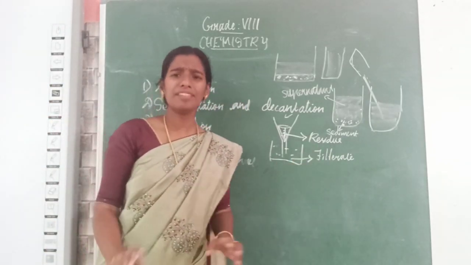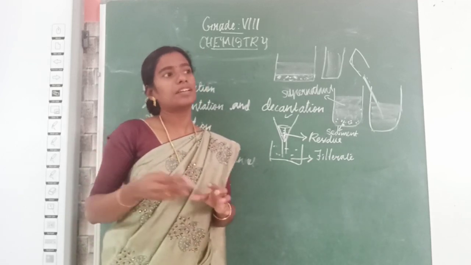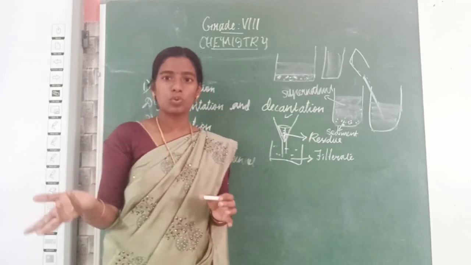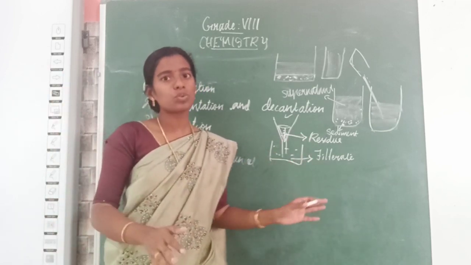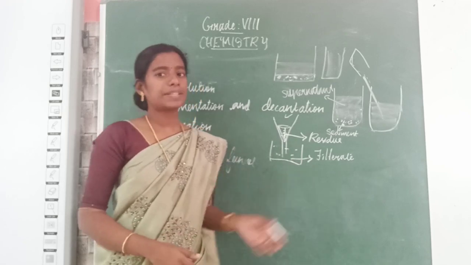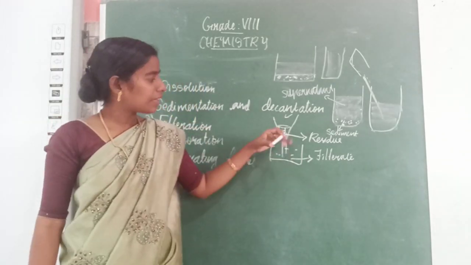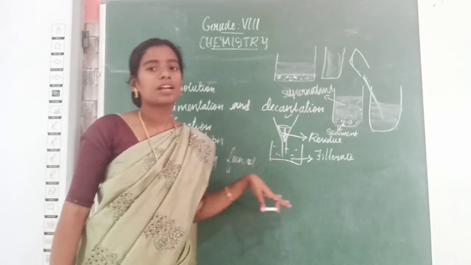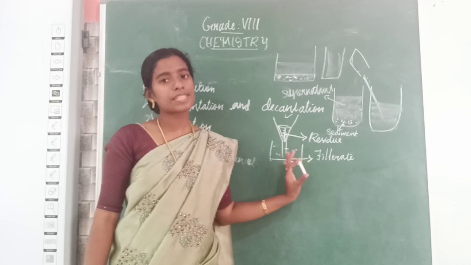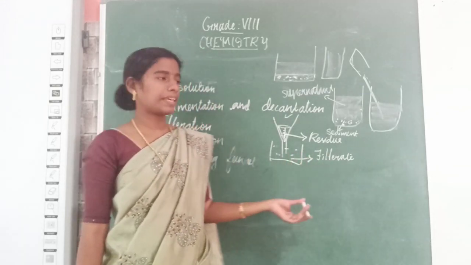It can be any filter. The sieve is also a filter. Then funnel shaped filters we use. Many filters are there. In chemistry we use this filter as a filter paper. When you keep this filter paper inside this funnel, the solid will stay in the filter paper and the liquid will come out through this hole and it is collected in the beaker.